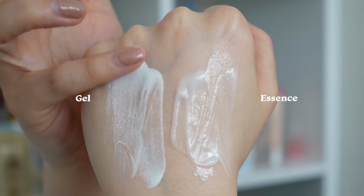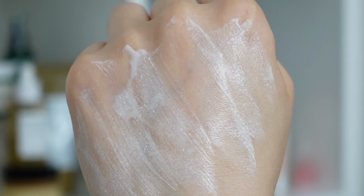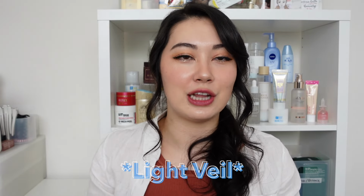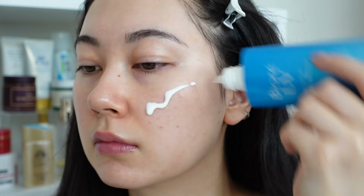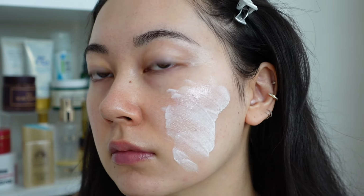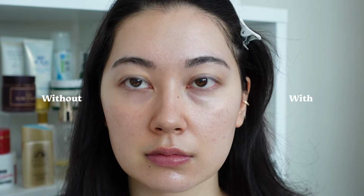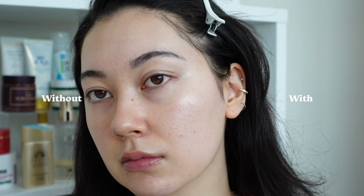And it also has kind of these little specks of white, I guess you could say, throughout the formula. Now this is actually because it is said to have toning up properties called hikariberu, which translates to light veil, like there is a veil of light or kind of glowiness or shimmeriness on your skin. Compared to a true tone up formula, I feel like this one's more like an optical illusion. It's like this light veil kind of reflects light and makes it look like your skin is kind of glowy, giving that tone up